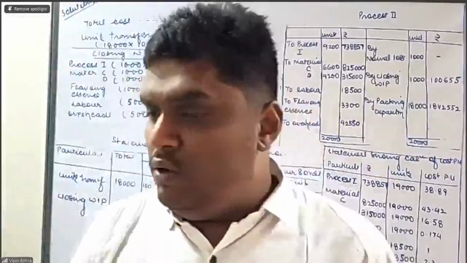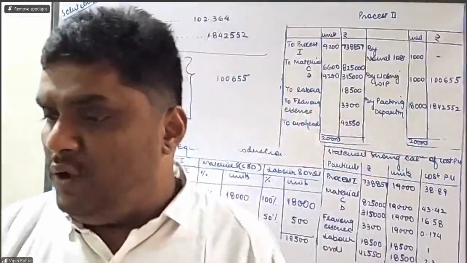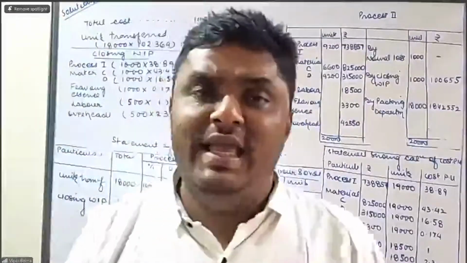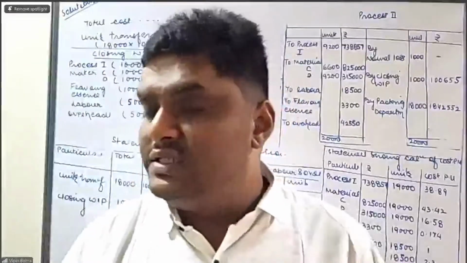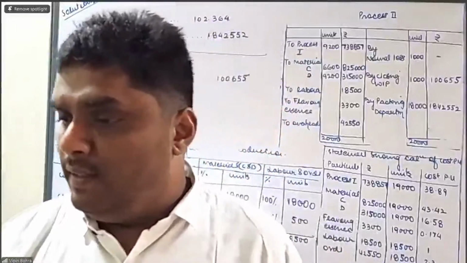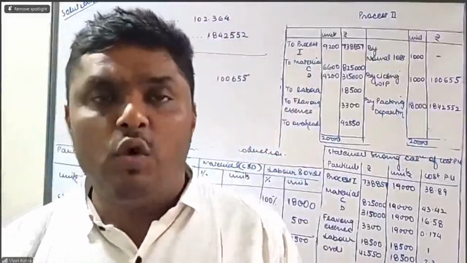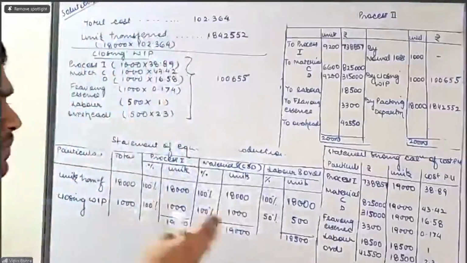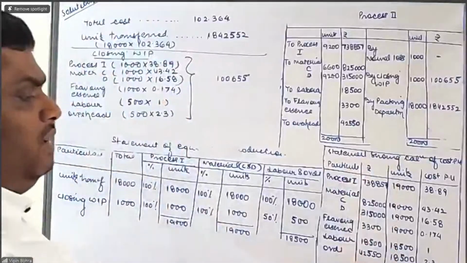So this is the way you guys have to solve the question. If you guys have any doubts or queries, any questions relating to the concept of equivalent production, please post your queries. Further, I request you guys to copy this explanation, especially this part and this part, because